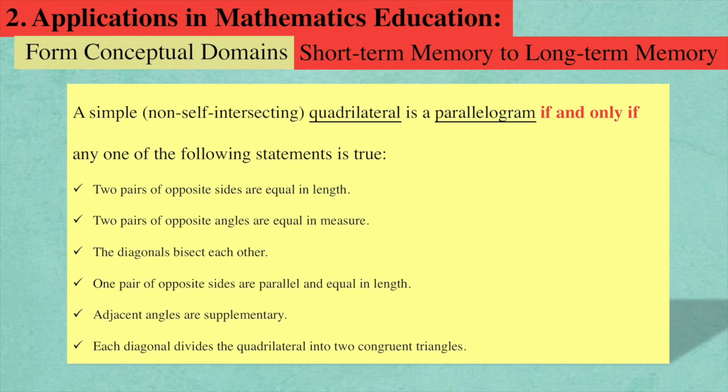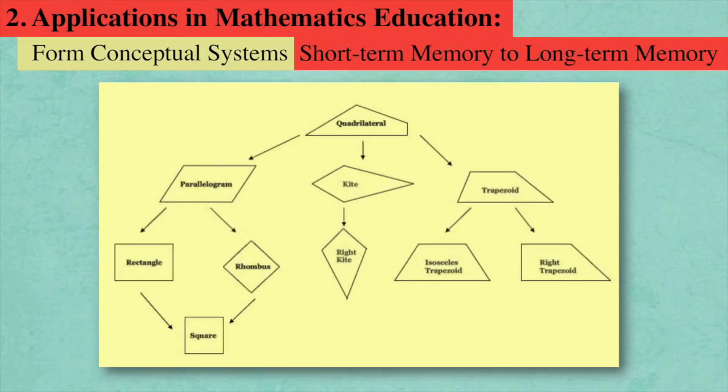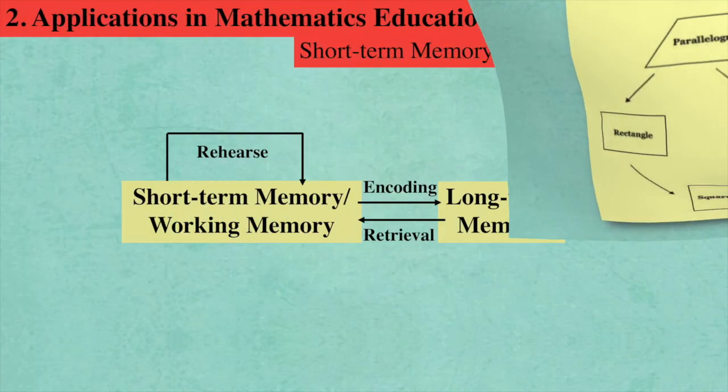The conceptual system refers to the relationship between the concept and other concepts. For example, the relationship between the concept of parallelogram, the concept of rectangle, and the concept of rhombus, which are shown in the figure. After that, we can form a relatively systematic conceptual system and form a clear schema for the concept. Second, we should enable